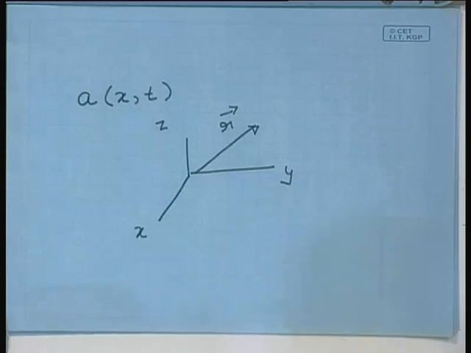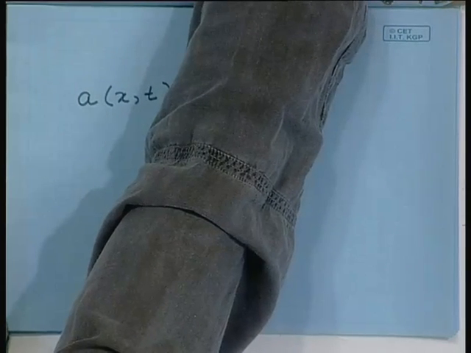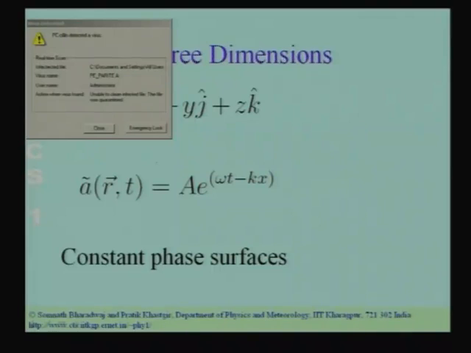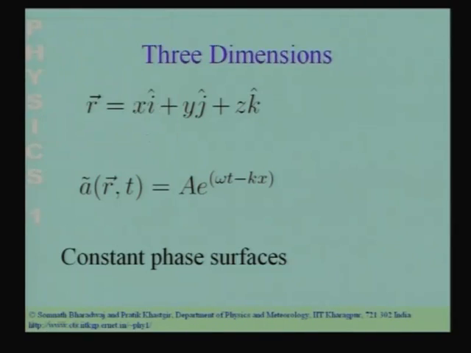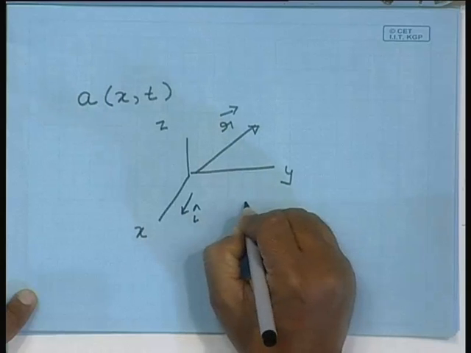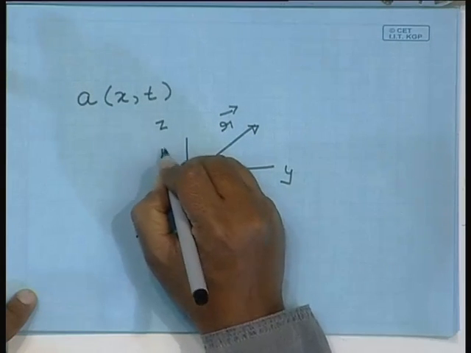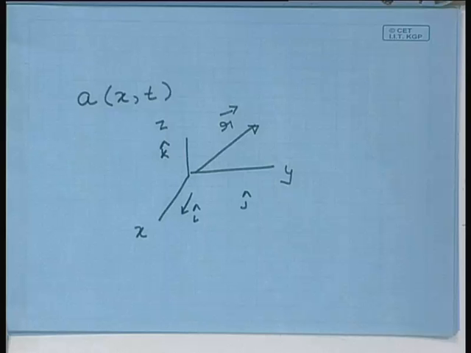Corresponding to different points, the vector r will have different coordinates x, y and z. So, in 3 dimensional space, corresponding to any arbitrary point I have a vector which goes from the origin of my coordinate system to that point, and this vector is completely specified in terms of 3 coordinates x, y and z. i, j, k here are unit vectors along the x axis, y axis and z axis.